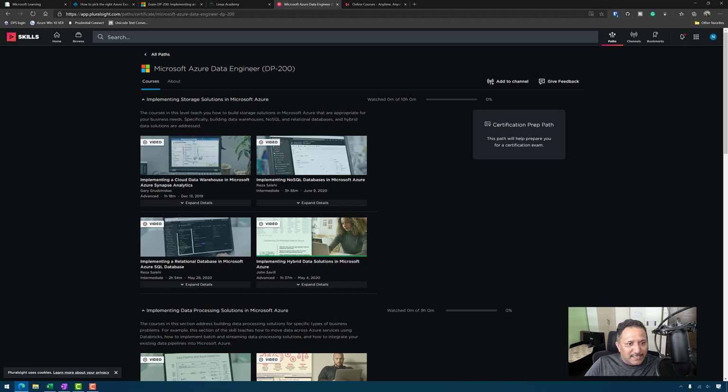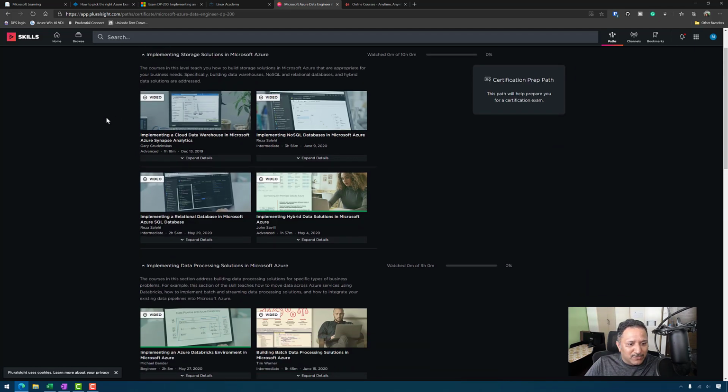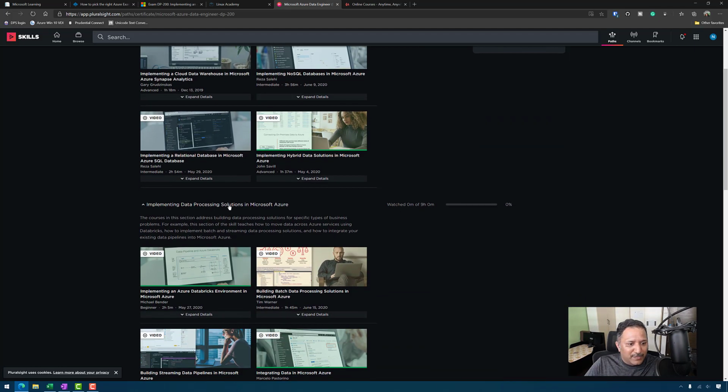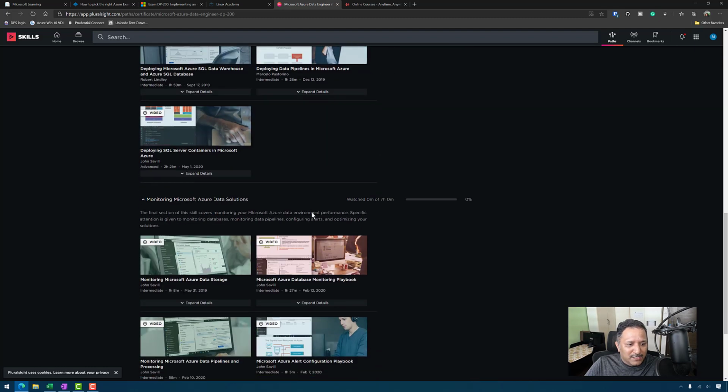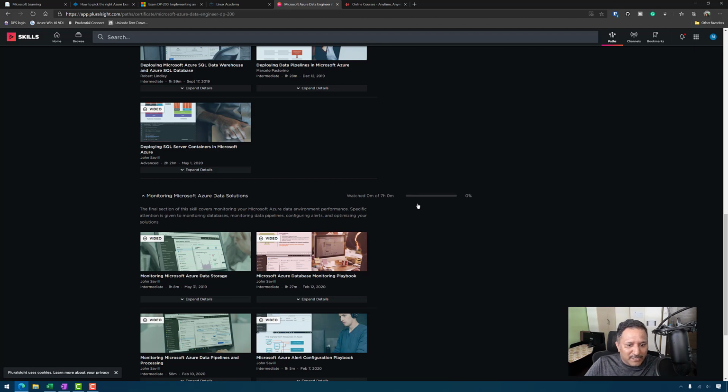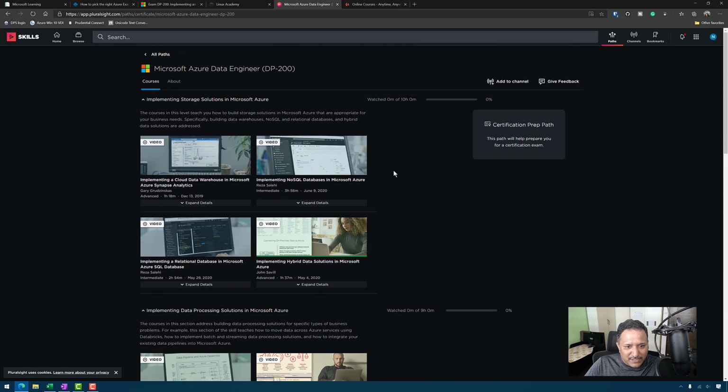So if you look at the same DP200, they have about 10 hours of content just for implementing the storage solutions in Microsoft Azure, 9 hours of content for implementing the data processing, 6 hours for Azure Data Solutions, then the monitoring is 7 hours, and each of these are basically combined courses from different authors. So you look at the first one, which is storage solutions for Microsoft Azure. There are 4 courses here available as part of this higher level module, and these are done by 3 different